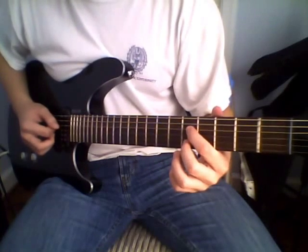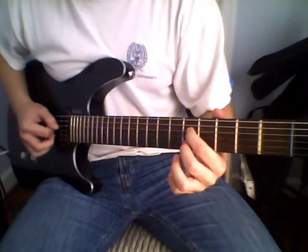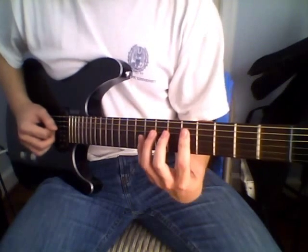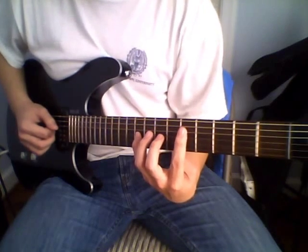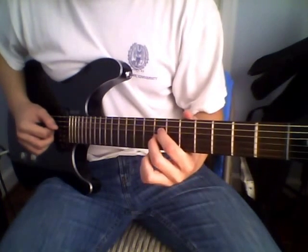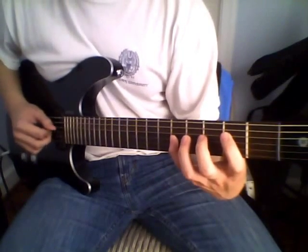So there's a second option of keeping the 5th fret of the D string, but playing the 5th fret of the B string as well. Both ways are fine. Just depends on your preference for if you're willing to stretch that far. Moving on, we move to the 7th fret of the D string, and we also play the 7th fret of the G string. So far we have